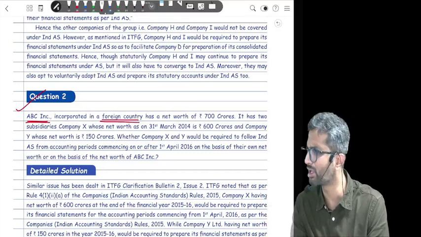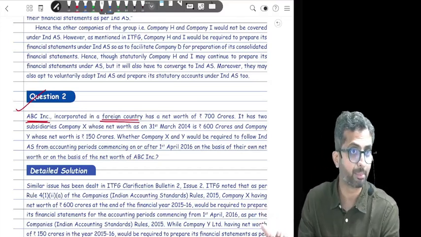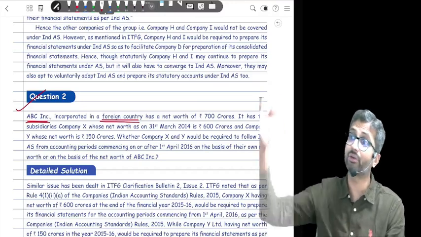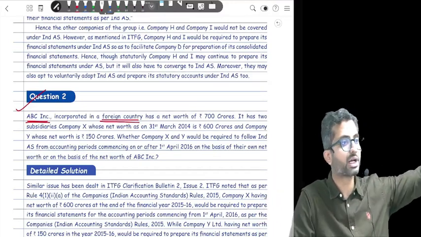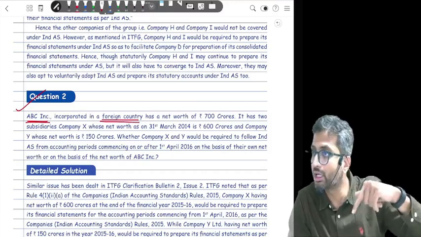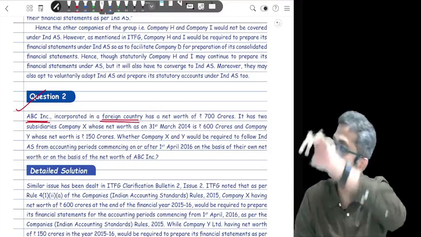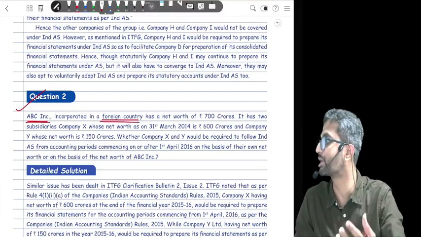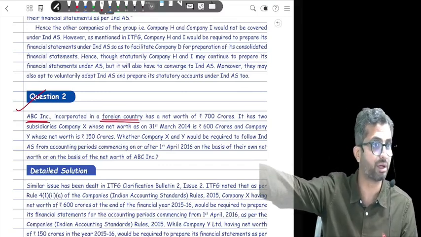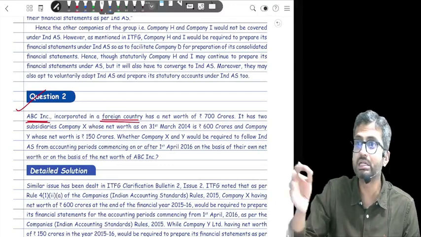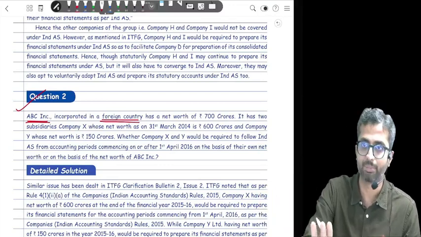Is it possible that there are certain companies who are listed outside India? Like you have Make My Trip, for example. Naukri.com, for example. These were early movers in the IT space. They got themselves listed on the NASDAQ. But they are actually Indian companies. Make My Trip, Naukri, or InfoEdge, they are Indian companies, but they are listed on NASDAQ, not on the Indian exchanges. But because they are Indian companies, they have to file to MCA, Ministry of Corporate Affairs. Whether they are listed in India or outside India, if you are doing Indian reporting, Ind AS becomes applicable.